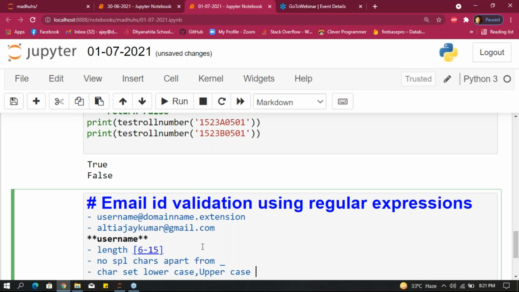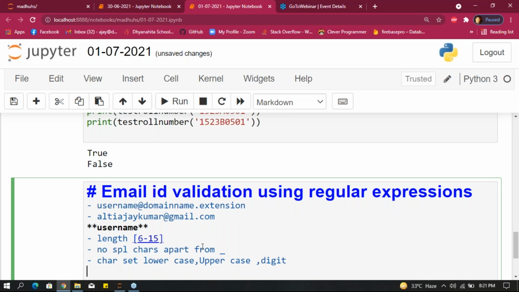This is what we want. If you want to give digits also, you can give digits also. This is for username, guys. We already took that, and the at the rate we will take directly. And after that, take domain name.